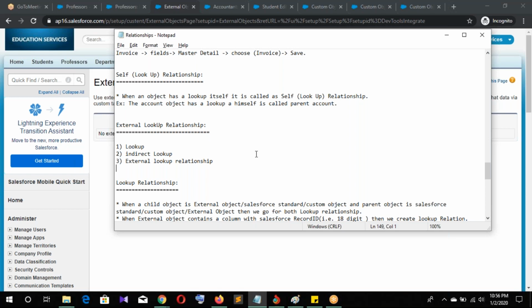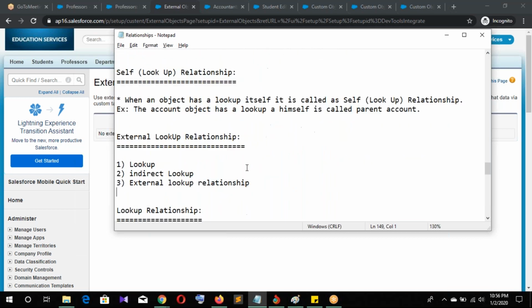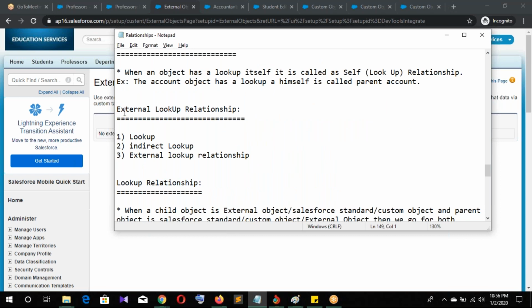Can you increase the font for the external lookup? Okay. Lookup relationship, indirect lookup, and external lookup relationship.